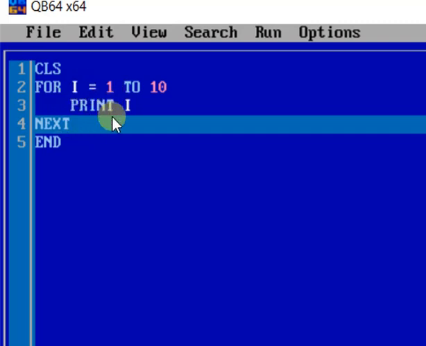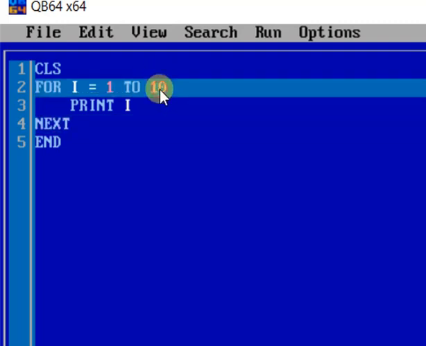Like this it will continue the process of printing the numbers till the condition is satisfied, and the condition is up to 10, that is, the final value is 10. For that reason, whenever the value of I becomes 10, it will print 10 here, and again when it comes here the value becomes 11.